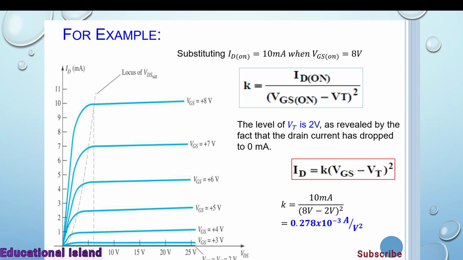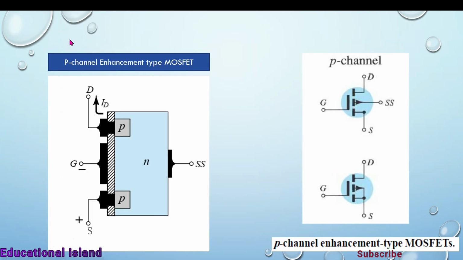Here is the P-channel enhancement type metal oxide field effect transistor. The schematic diagram is totally reversed here. We can see that the substrate is N-type, but in some previous slides the substrate was P-type. The metal contacts that we are using here are P-type, and the drain is connected to a P-type metal contact,